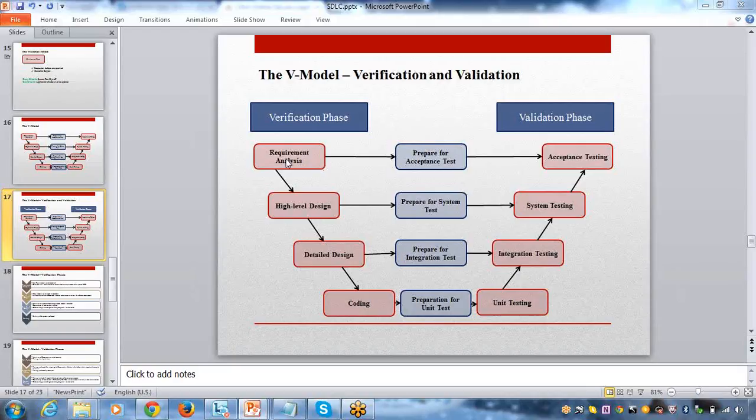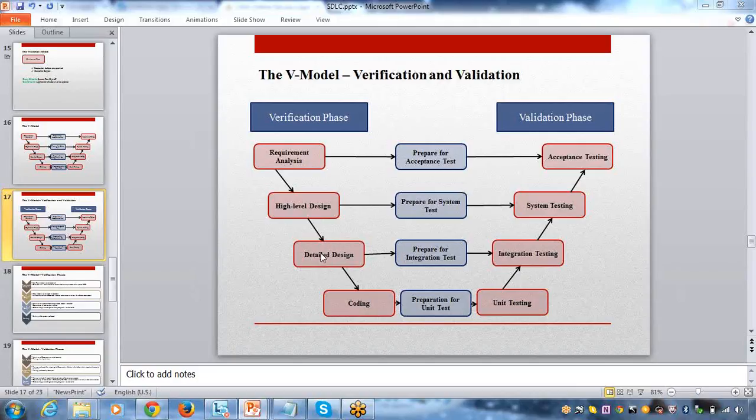Once you are done with the requirement analysis, obviously it will come to your design. Design is applicable to your developers. They will have these designs for the particular application we are going to develop. The high level design means architecture diagrams, flow diagrams, and your database designs. It's a high level design. Whereas the detailed design is nothing but the